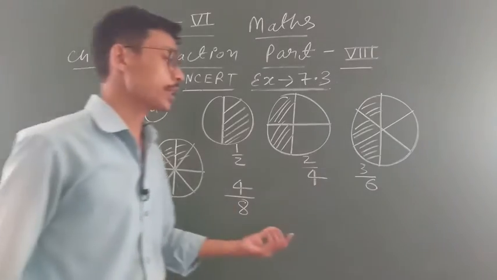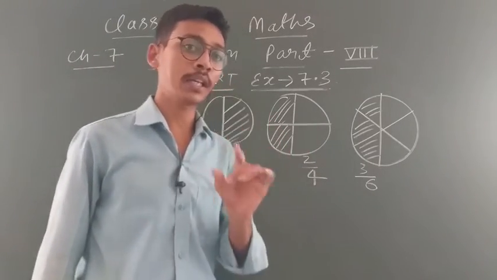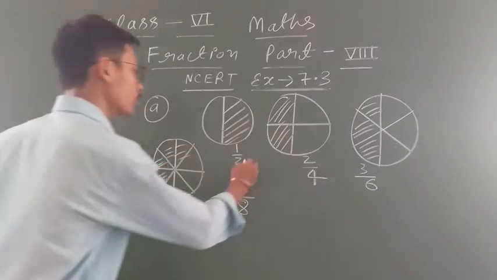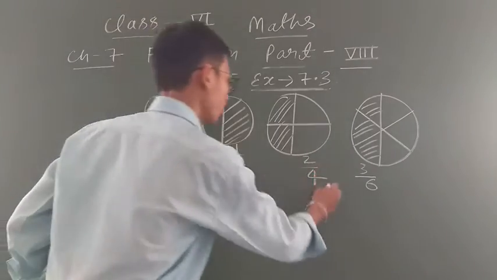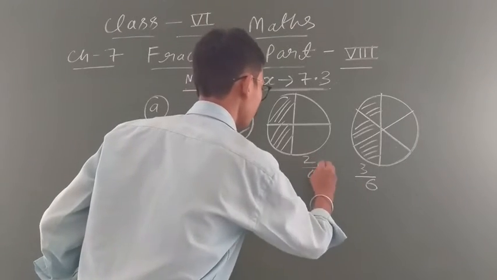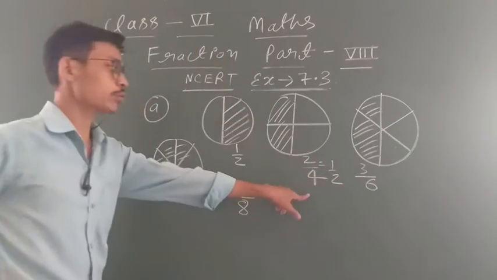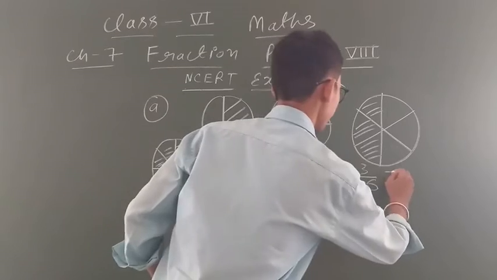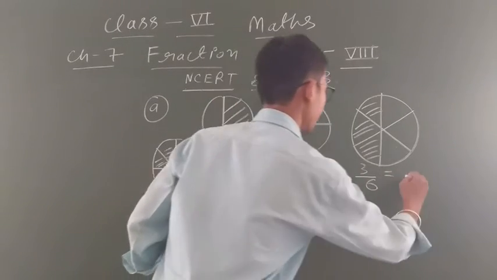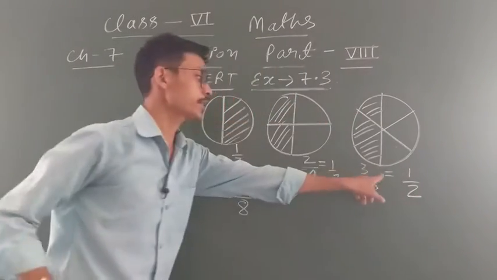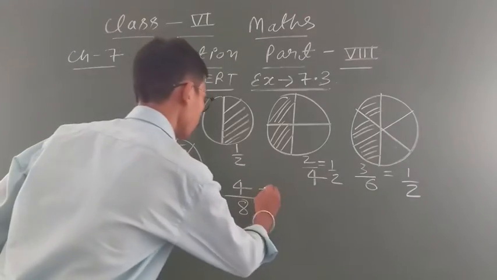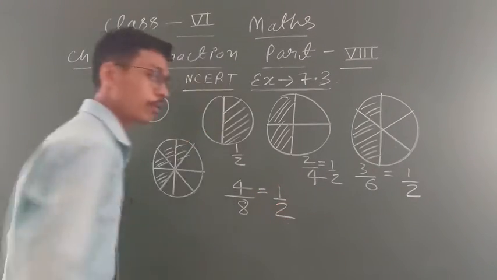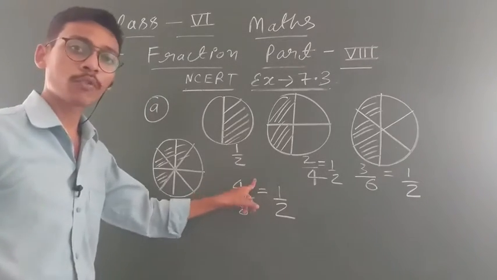Okay, now you have to check, student, whether these fractions are equivalent or not. You know that 1 upon 2 stays 1 upon 2, there is no change. Now 2 upon 4, when you reduce it, it will become 1 upon 2: 2 1s are 2, 2 2s are 4. 3 upon 6 you can also write as 1 upon 2, because 3 1s are 3, 3 2s are 6. 4 upon 8 you can also write as 1 upon 2, because 4 1s are 4, 4 2s are 8.